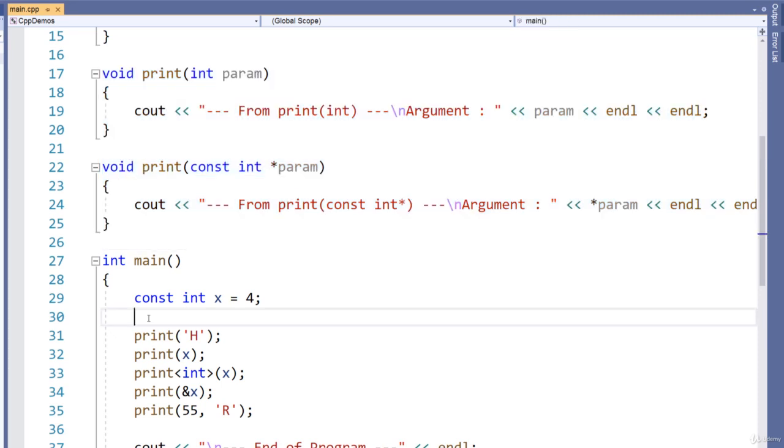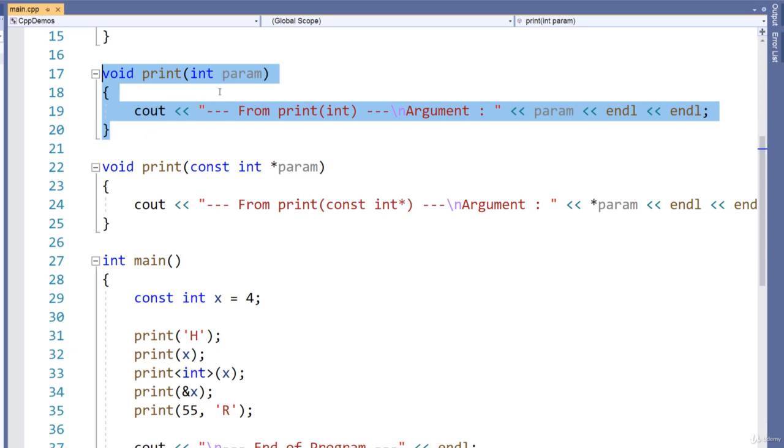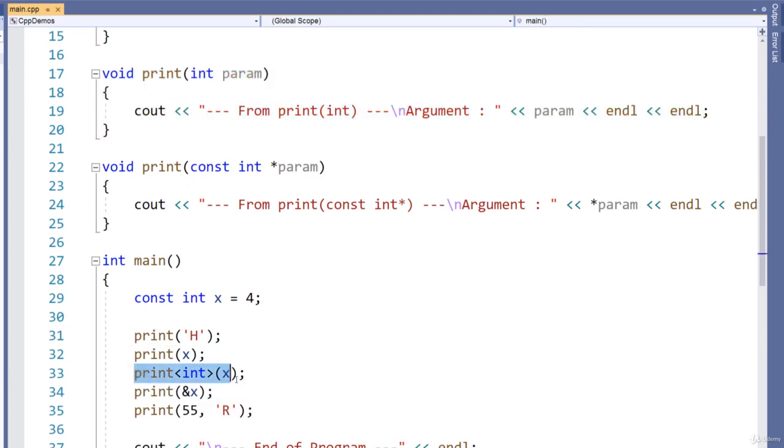And because of that, the best option is going to be the template version of the function. In the next statement, we do print and we pass in x, and that should choose this version right here, which has the type of integer for the formal parameter. And then in the next statement, we explicitly specify the type argument integer, so it's going to use the function